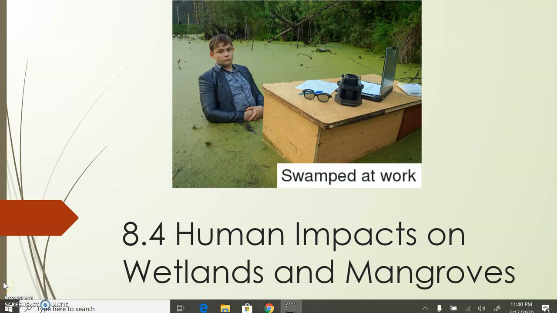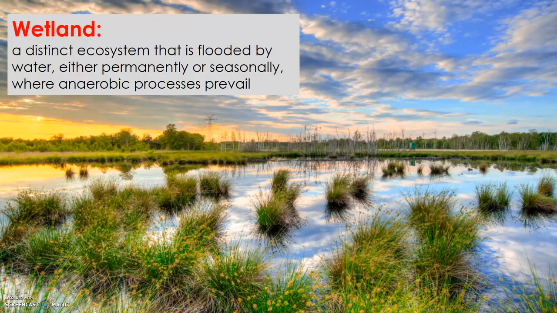Section 8.4 talks about human impacts on wetlands and mangroves. We've already talked about wetlands and mangroves, but now we're going to talk about them in terms of human impacts. What is a wetland? A wetland is a distinct ecosystem that is flooded by water, either permanently or seasonally, and anaerobic, meaning without oxygen,